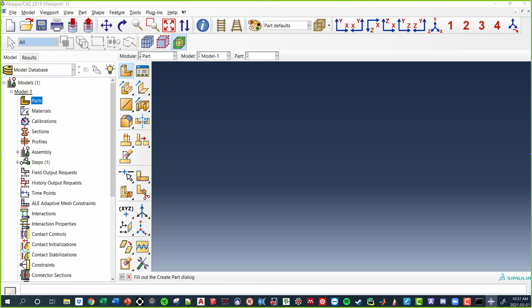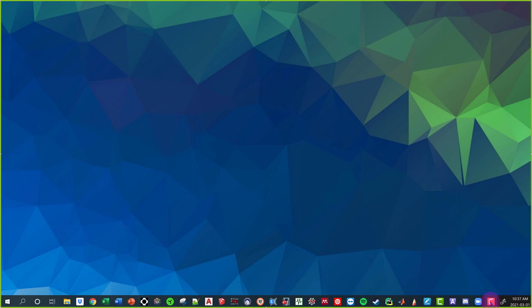And naturally, since I have so many different monitors, I have no idea where the text box appears. So, oh, where the heck is it? Hold on, guys. I just got to find out where the text box is. It appeared in one of the other monitors, which I have no idea where it is. So let me just try exiting out of this. I'm going to exit out of a bunch of other stuff that I have popped on. Perfect. So now I'm going to reopen ABAQUS, and we're going to try round 2.